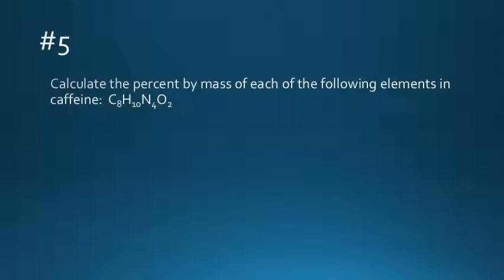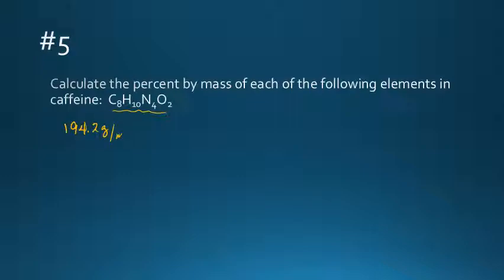Calculate the percent by mass of each of the following elements in caffeine. Oh, my favorite molecule. What do we need to do first to solve this problem? Well, if you said the first thing we need to do is find the molar mass of caffeine, you are correct. So let's see, 8 times 12.01 plus 10 times 1.008 plus 4 times 14.01 plus 32. Yeah, I did 16 times 2 in my head, sorry. So you should have ended up with a molar mass of